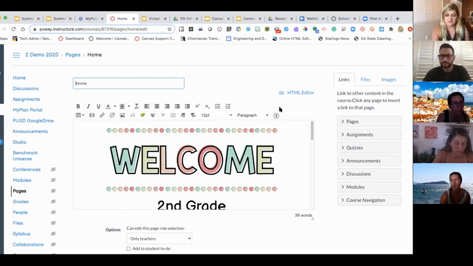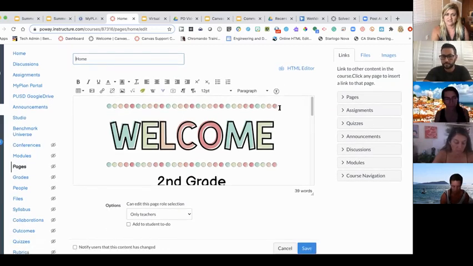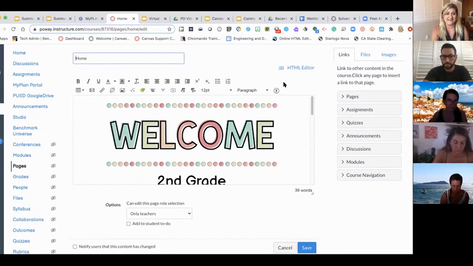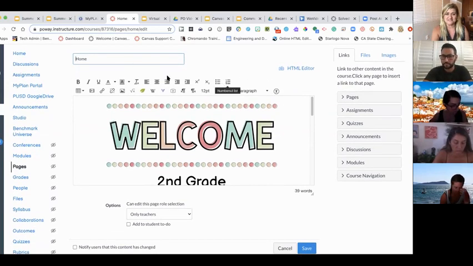You can keep using this one. It's okay. I haven't heard anything from Canvas that it's disappearing forever or anything like that. And we certainly didn't want to switch this on you district-wide right now. But we do want to show you that you have an option to switch to the new or enhanced rich